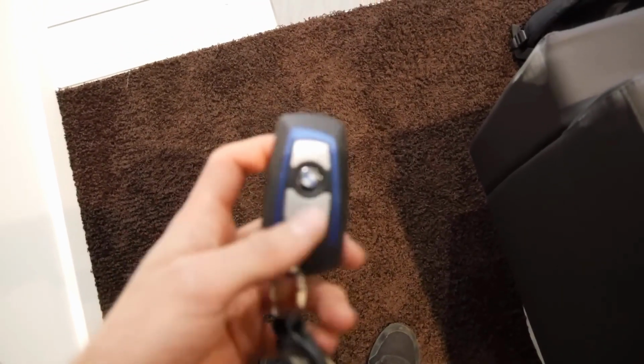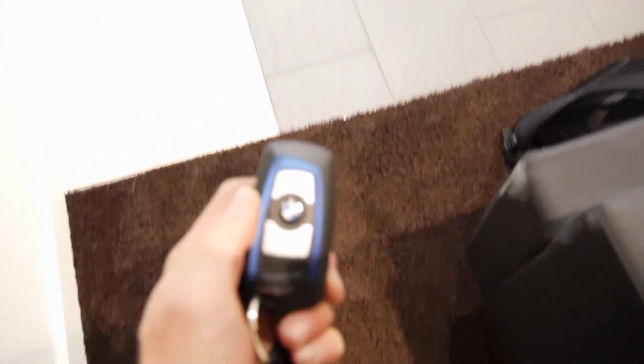So then, paperwork is done. I now own a car. Here is the key. And say hello to my new